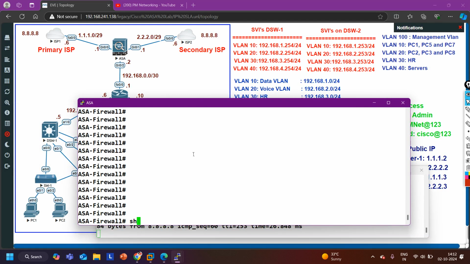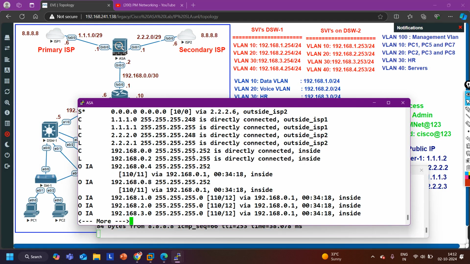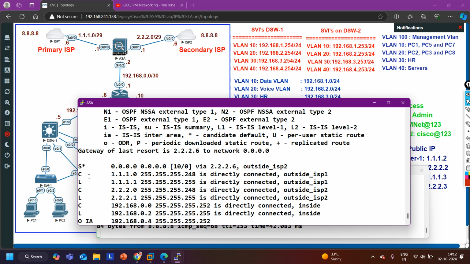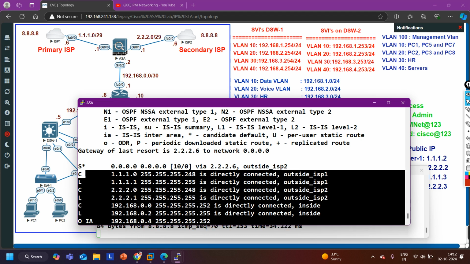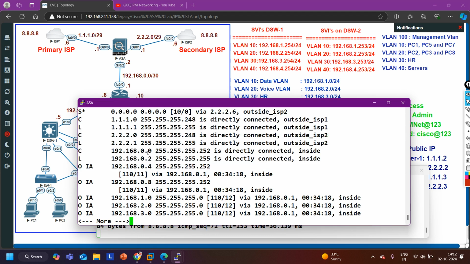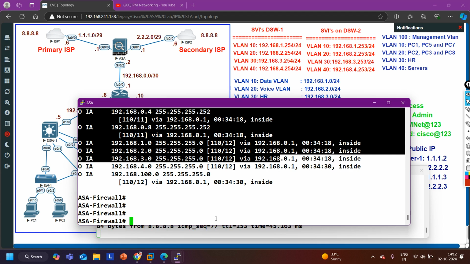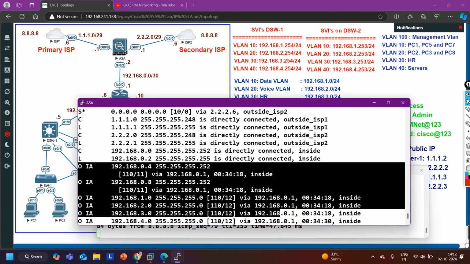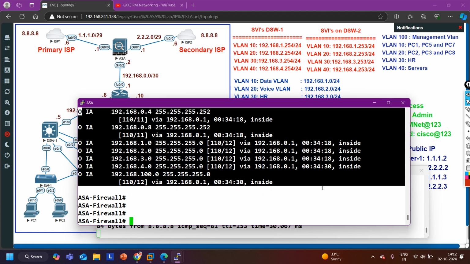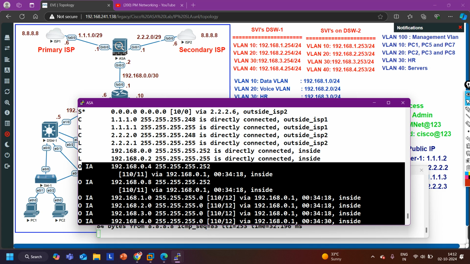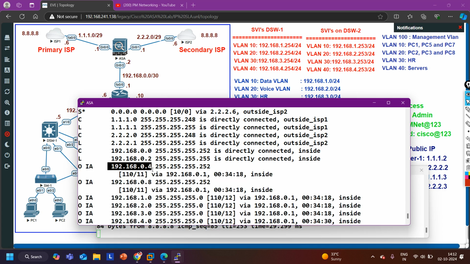Let me show you the routing table of the ASA firewall. So, route, sorry, show route. So guys, see the routing table of the ASA firewall. These are the directly connected subnets, and we cannot reduce these subnets. But see the OSPF routes. This ASA firewall is learning these from the OSPF protocol, and here you are able to see this subnet like